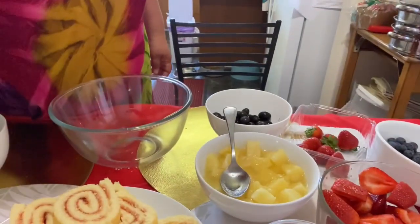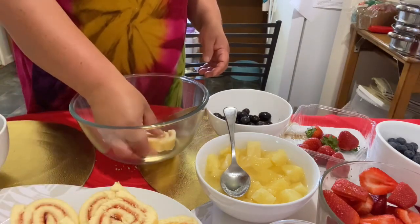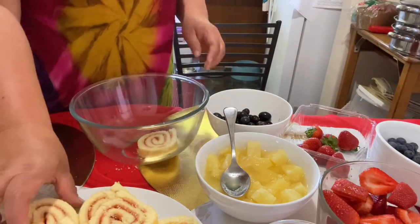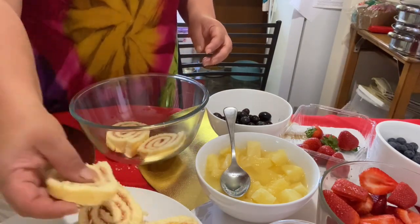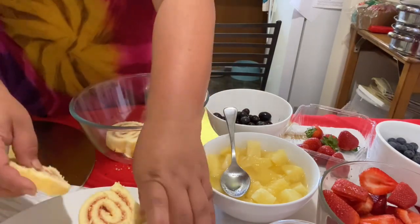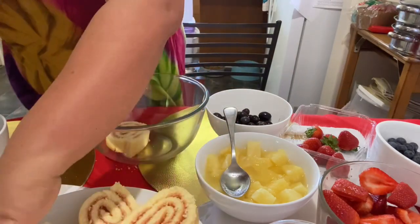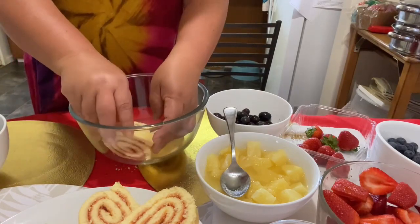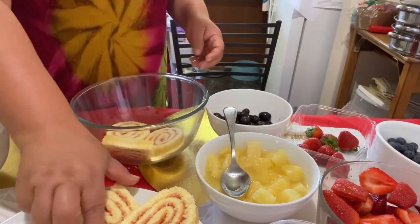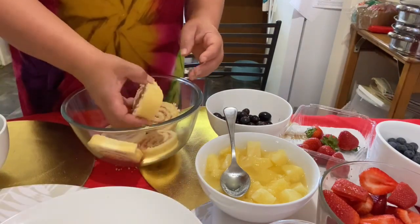first thing first guys, we have our bowl. We are going to put the jam roll at the bottom of the bowl, and then arrange it properly, and then put a little bit of pineapple juice, and just not much, a little bit, and then put some of your fruits, and i-follow nyo lang yung ginagawa ko guys, and then it's up to you to make your